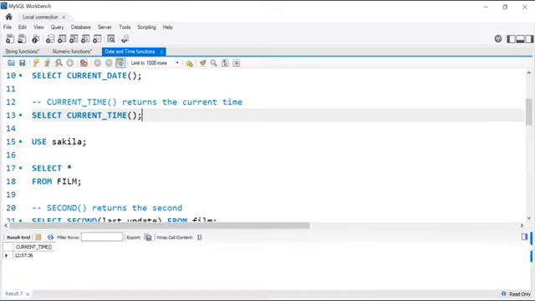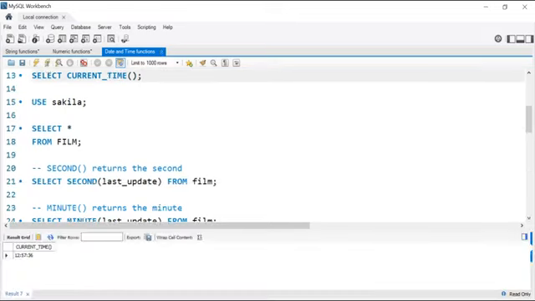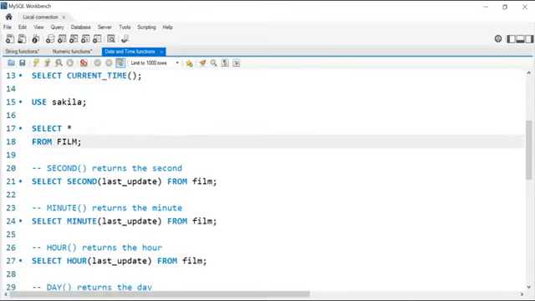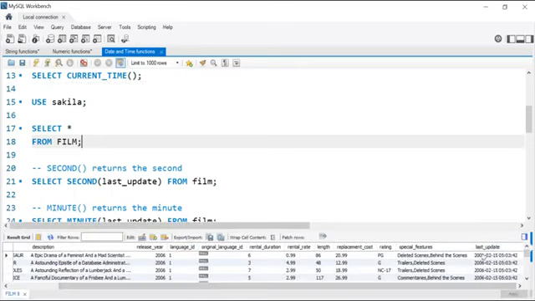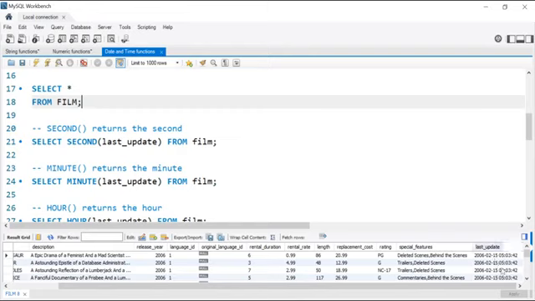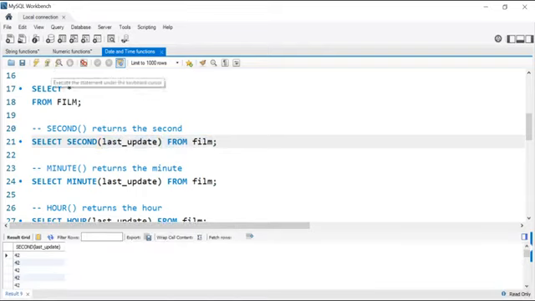And now if we want to practice with some other functions, we are going to use the SQL database. Okay, and when we select all from film, we can see that there is a column which has last update. So here we have the date and the time, right? Now if we want to select only the seconds in this column, we write select second, the name of the column from film, from our table. So if we execute that, we get the second for each row in the column which is called last update